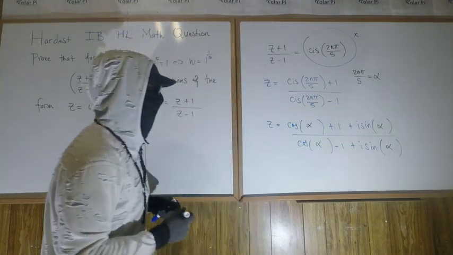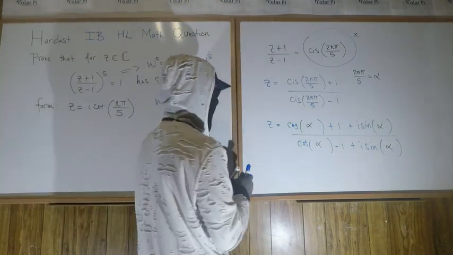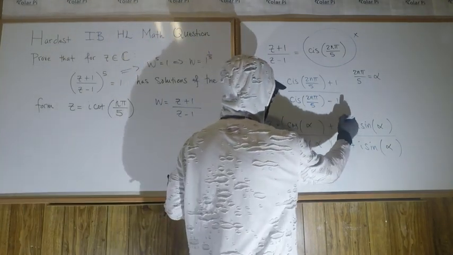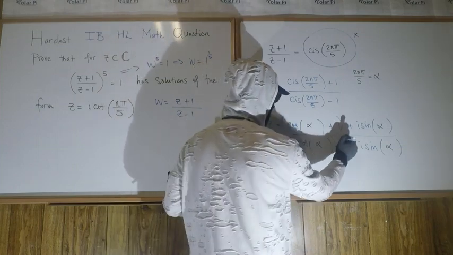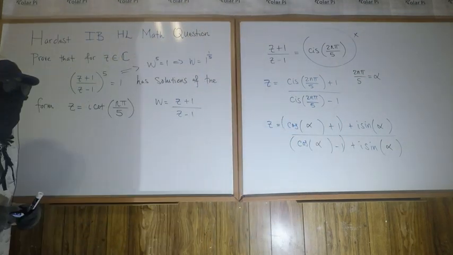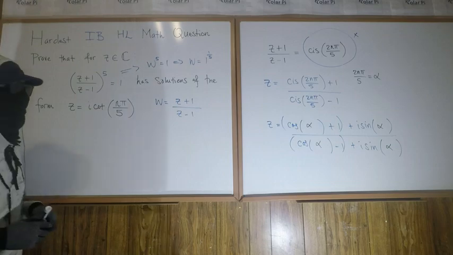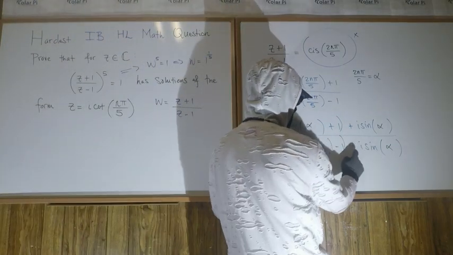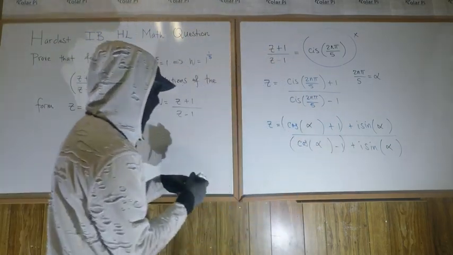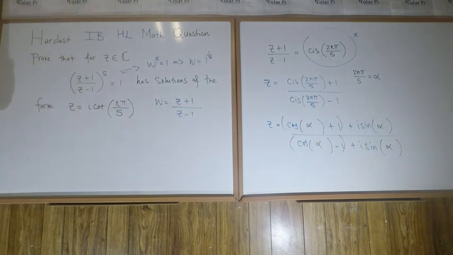Okay, cool. And also notice that this is the real part of the numerator and this is the real part of the denominator. So what we're going to multiply by is the conjugate of the denominator, which means we turn that plus sign into a minus, right? So check this out. So z is going to then be equal to